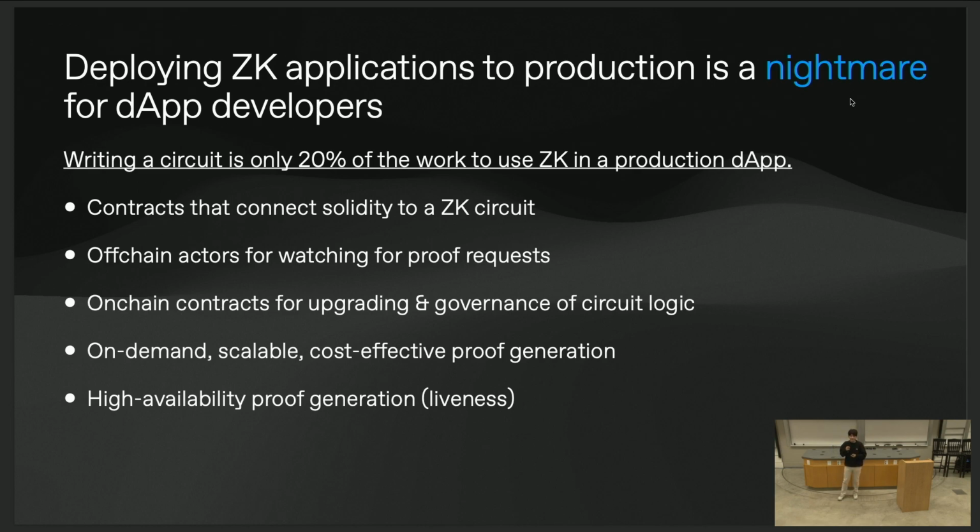And beyond that, there are problems teams have with economies of scale, where you have to invest a lot of work into building scalable, cost-effective proof generation. Another big pain point for a lot of ZK companies is that you have to put a lot of work into making sure your off-chain actors are really robust and have really high availability. Because for a lot of the end consumers of these ZK dApps, the proofs themselves provide security, so the final layer of security that's needed is actually availability, which is super critical for a lot of DeFi applications.